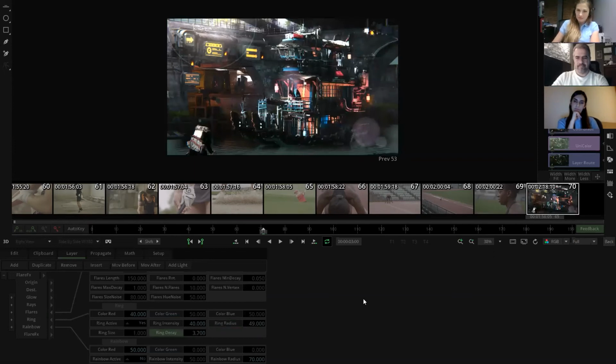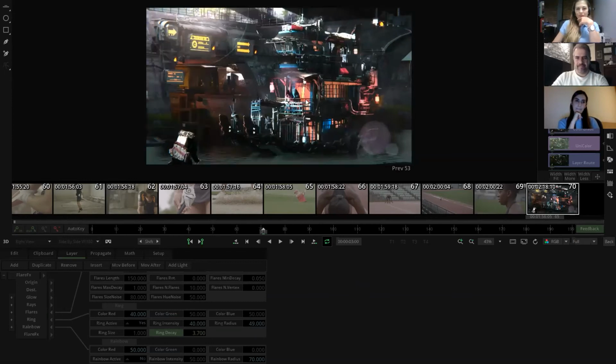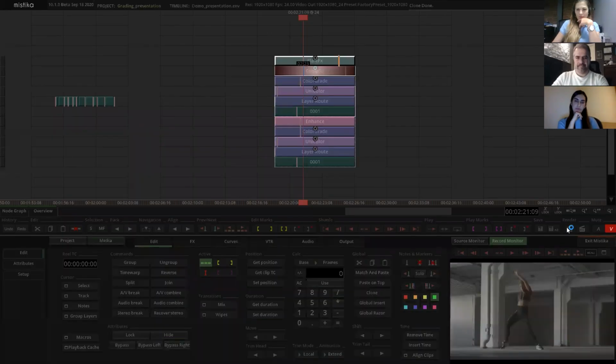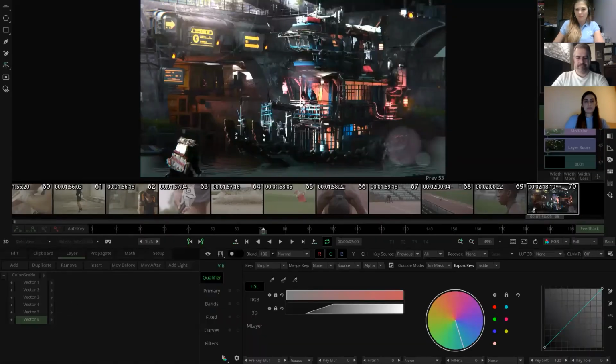Oh, there you go. So basically, I'm now adding the flare effects on top of my shot with my glow effect. Everything composed and graded in the same space, which is Mistika's timelines. The fact that I can combine all those effects together in the same canvas allows me to go at any moment to the grading part, make any adjustment in the grading, and everything will be adapted because it's a non-destructive